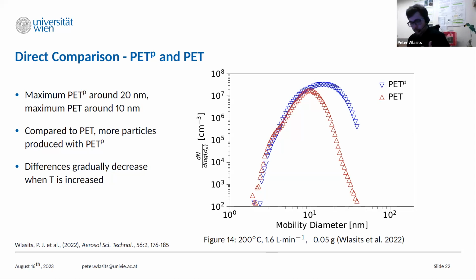And interestingly, or just for completeness, I want to say that we did these measurements also for different set point temperatures, and what we found is that the difference between the two materials is actually diminishing with increasing temperature. And that is somewhat, it doesn't really prove it, but it's a hint for additives. So one possible explanation here would be that in the commodity PET there are some flame retardants or something in there as additives that somewhat impede particle production. That's what this plot could show.